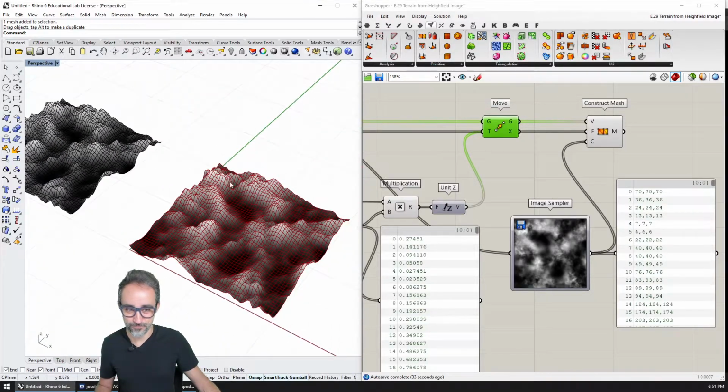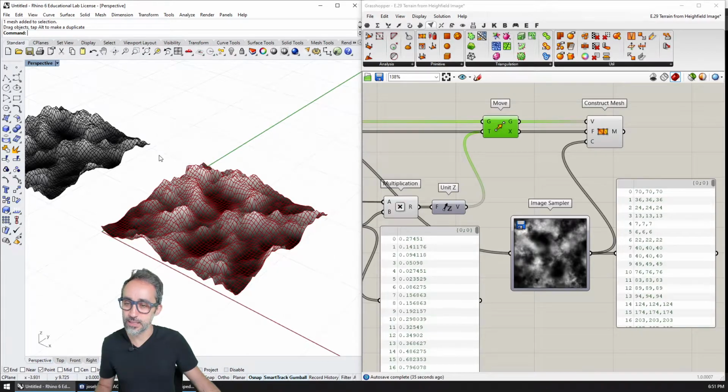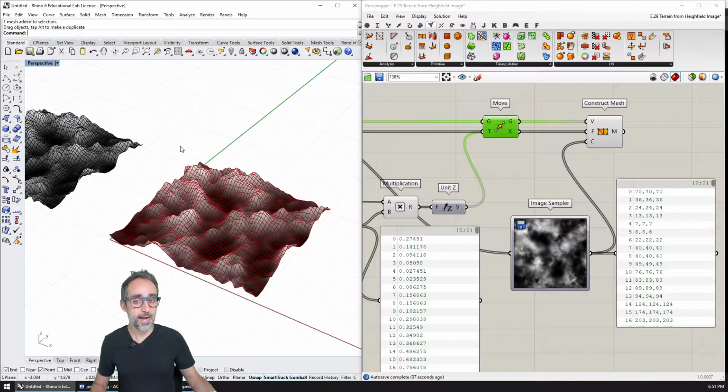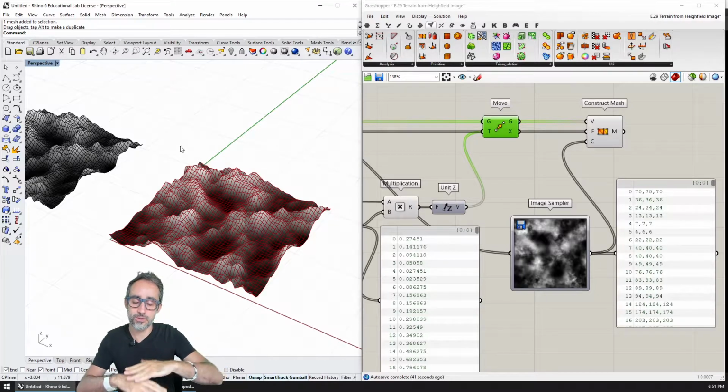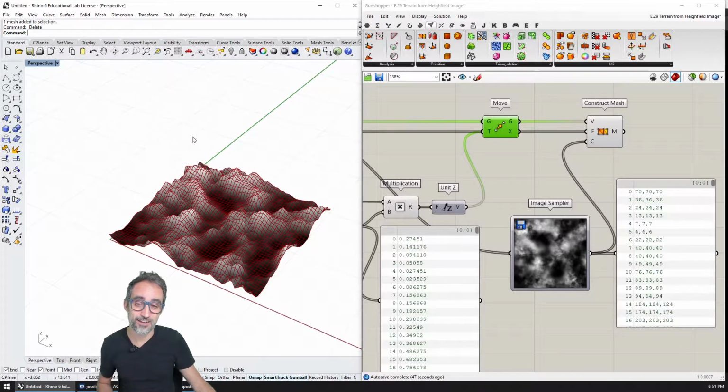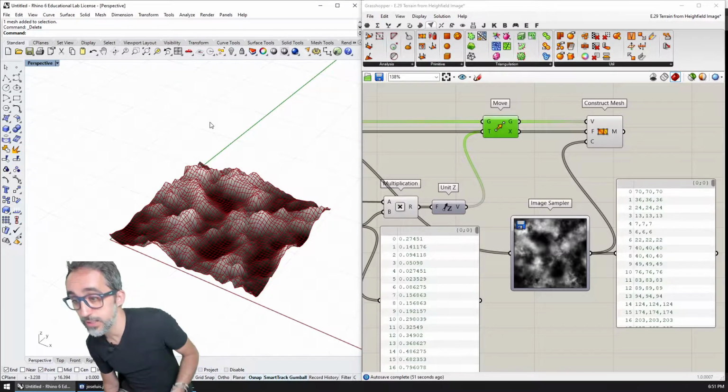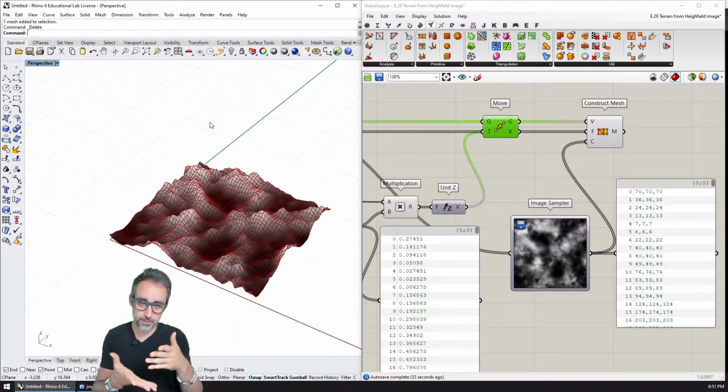All right. Okay, and the last thing that I would like to do with this mesh is we probably want to slice this mesh with a lot of parallel planes in order to get the ISO curves that define the height of these meshes, in a very similar way as we have in maps. So let's take a look at how we could do that.